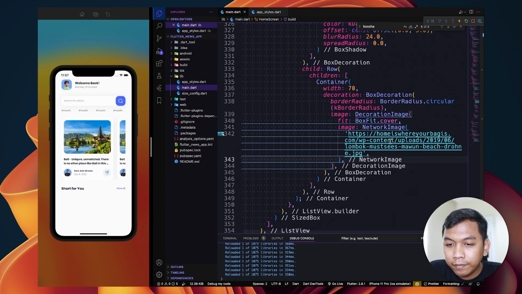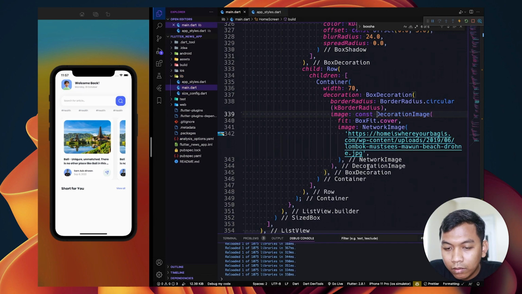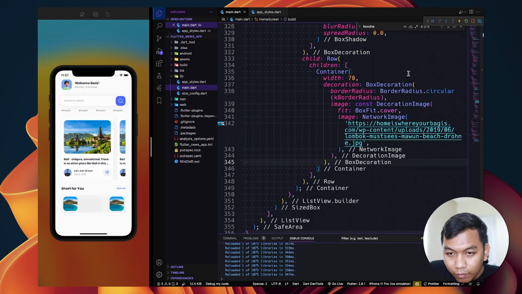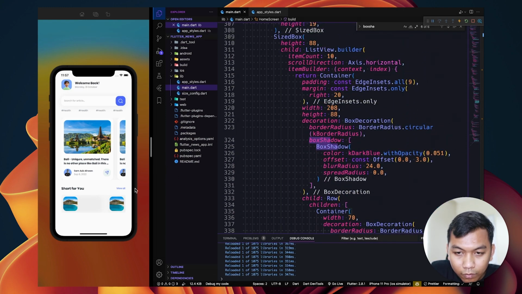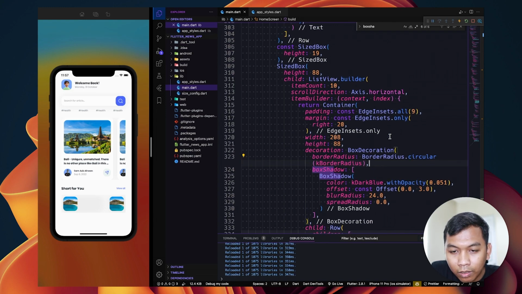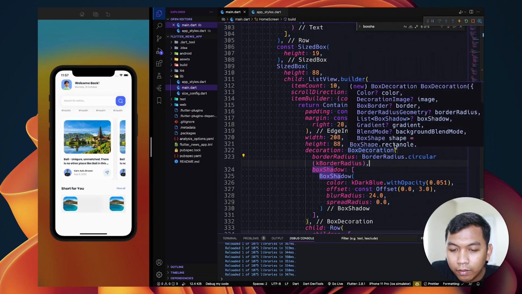Alright, and we can see image. Alright, and what we need to say inside our container, we need to say color.